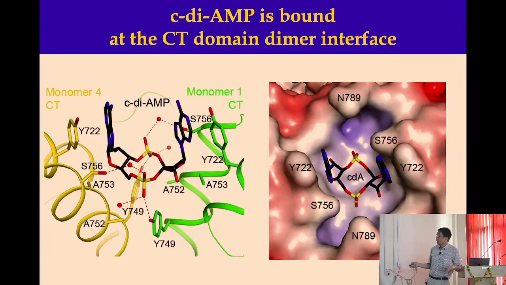So first you look at how it bound. Here, in sarcodine AMP, 2 adenines are stacked against 2 tyrosines. And then the phosphate is recognized by the serine through water, and then a tyrosine at the bottom, and then this serine on the other side as well. So essentially, you can look at the binding site: you have the 2 tyrosines stacking against the 2 adenines, and then the phosphate right here. And then you have actual stuff in this binding site.